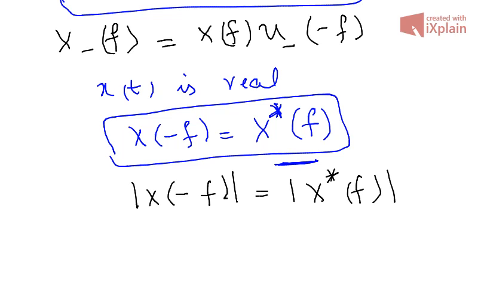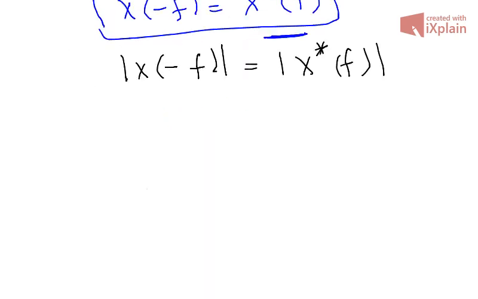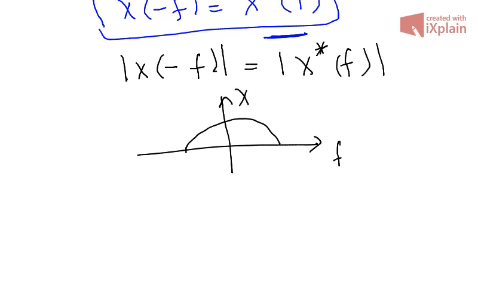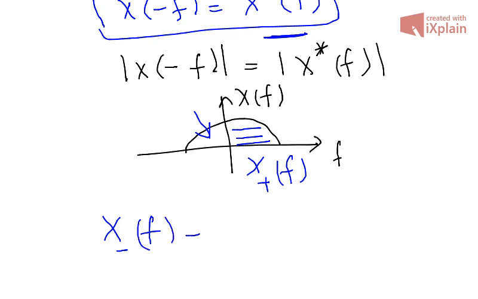we also saw in the previous diagram that x of minus f, the negative spectrum, can be obtained from the positive spectrum, right? How? Let's see this example. Suppose you have a signal, this one, a baseband signal. Similarly, you can do it for a passband signal. You have this signal. So this is the positive spectrum, x positive of f, and this one is the negative spectrum. So you can obtain the negative spectrum x minus of f by